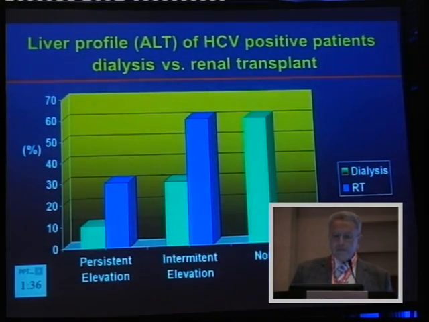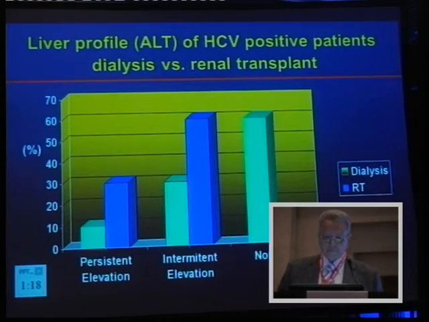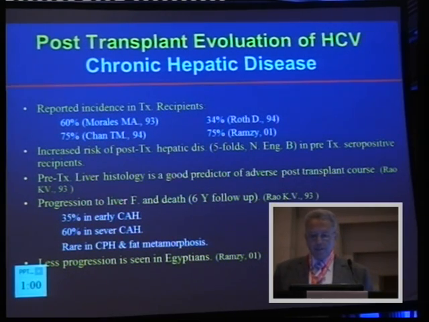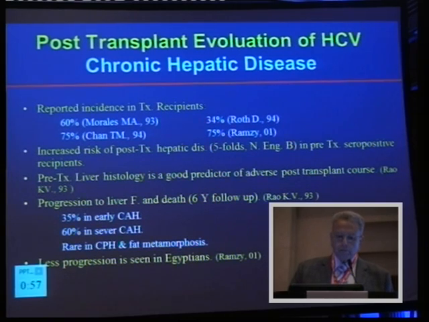And this is the liver profile in dialysis patients compared to transplantation. They compared persistent elevation, intermediate elevation, and normal. As you can see, in the renal transplant patient, the persistent and the intermediate elevation is more common. Regarding the incidence of chronic hepatic disease in these patients, there is variable incidence: 60, 75, 34, different authors, different percentages. There is an increase in the risk of post-transplant hepatic disease in those who are seropositive pre-transplant. Regarding the histology,